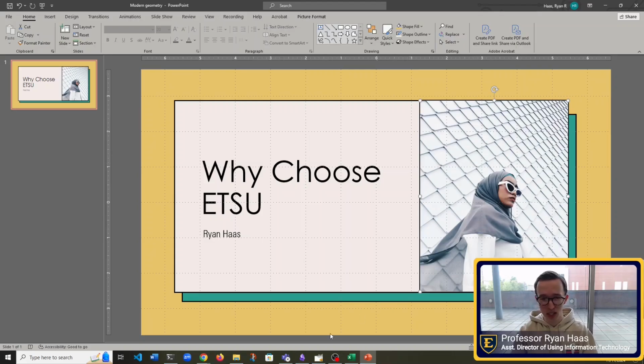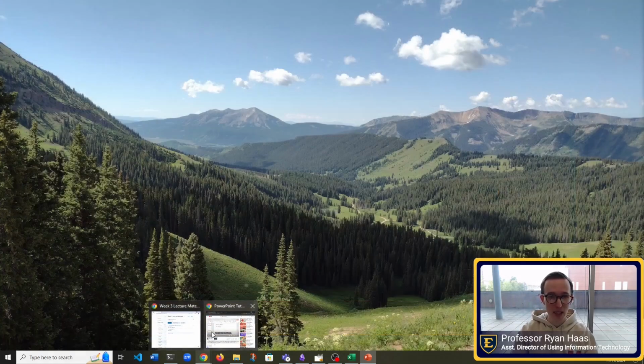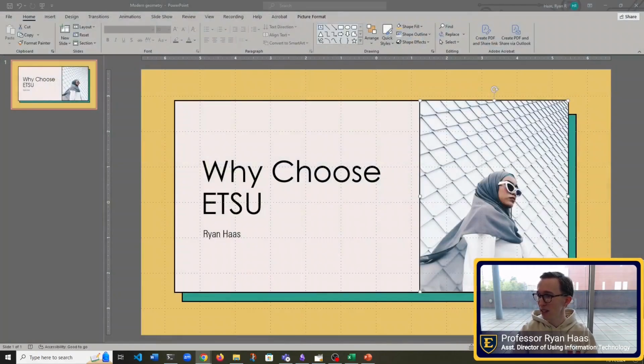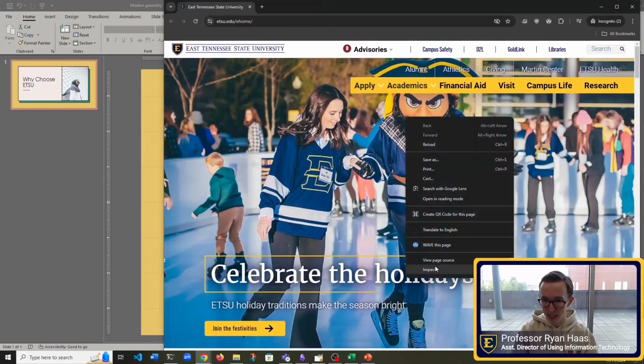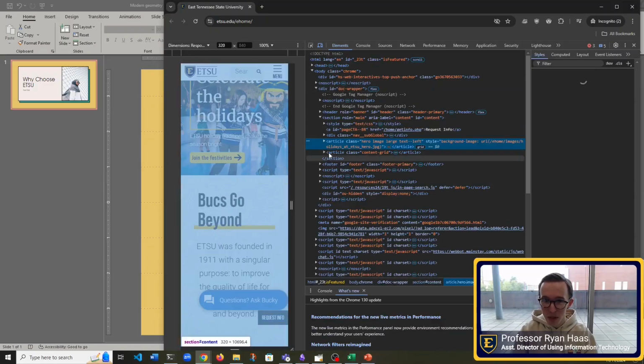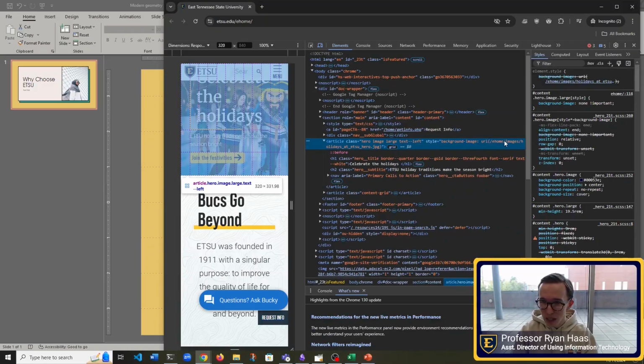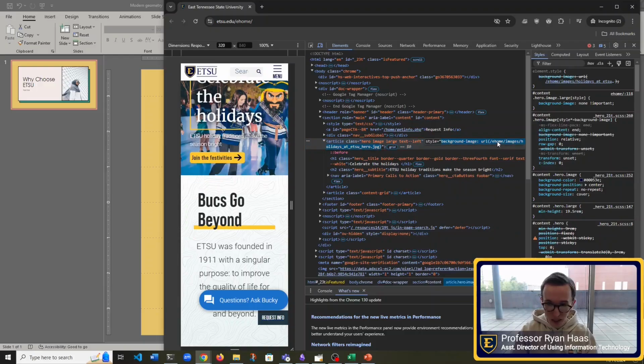And then I'm going to change this to an ETSU graphic. So let's see if I can find some kind of ETSU graphic. So if I go to our website here, there's a nice image on the home screen. So let's see if we can get that image. Here's the URL.